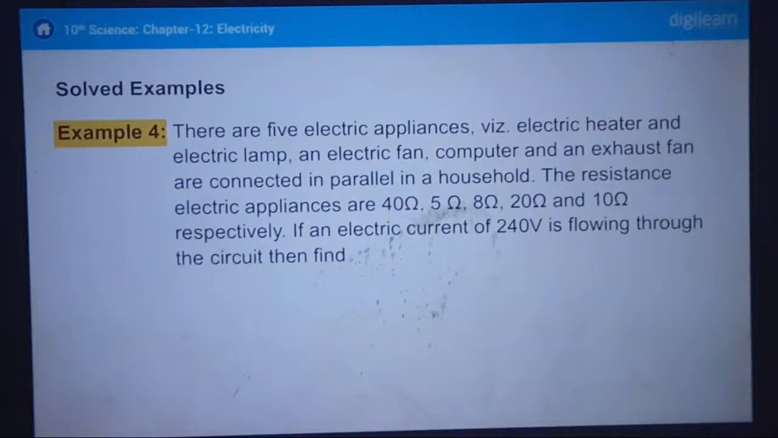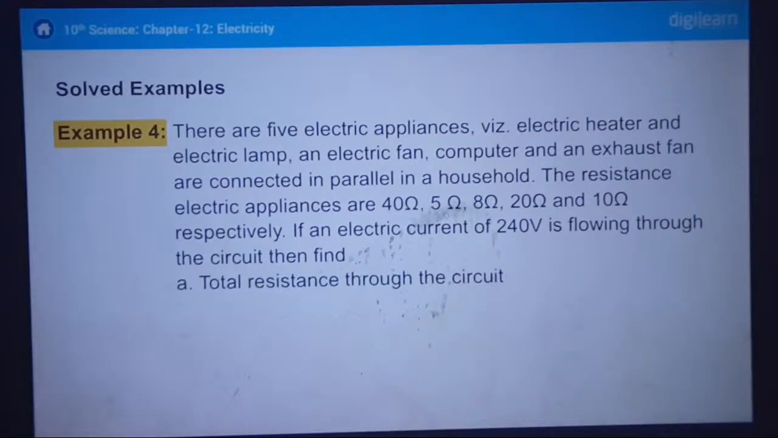Example 4. There are 5 electric appliances, namely an electric heater, an electric lamp, an electric fan, a computer, and an exhaust fan connected in parallel in a household. The resistances of the electric appliances are 40 ohms, 5 ohms, 8 ohms, 20 ohms, and 10 ohms respectively. If a voltage of 240 volts is applied across the circuit, then find